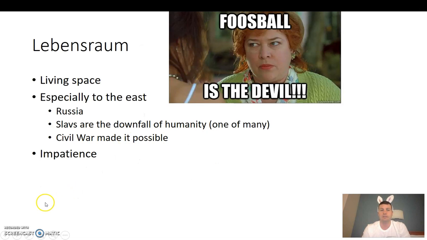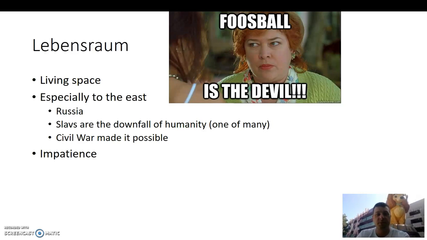We're going to get into right now just a little bit of Lebensraum, that concept of living space that Hitler is going to promote in Mein Kampf. Okay, so this concept of Lebensraum, living space, Hitler's specifically talking about to the east in Russia. He believes that with the Russian Civil War that happens, getting rid of Tsar Nicholas II, who again has ties to Kaiser Wilhelm. This is a Germanic man. He's got relationships with all of the different leaders across Europe. Well, now it's become a communist movement, that Bolshevik revolution. And so he no longer believes that this group has the ability to lead. And so he thinks that they're kind of ripe for the picking at this point.